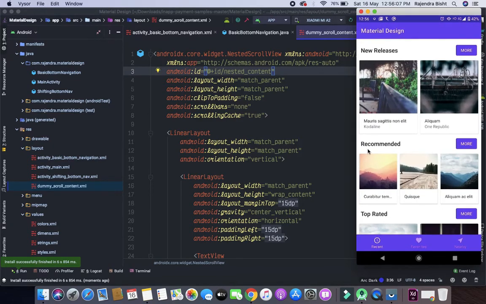So this is our scroll view, what we have added in the dummy scroll view.